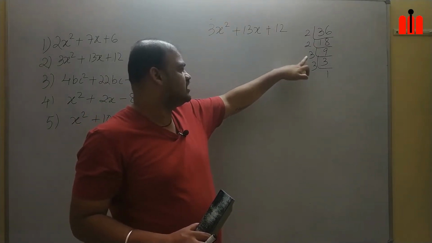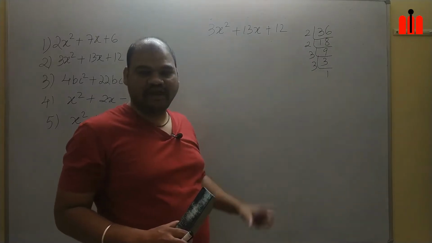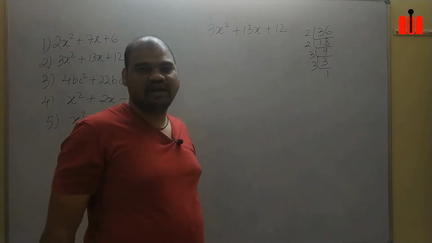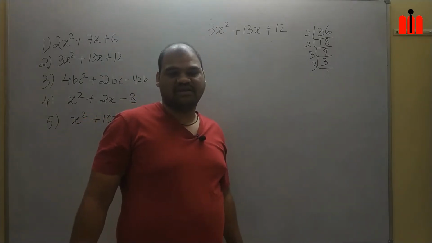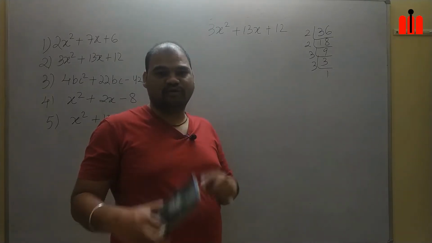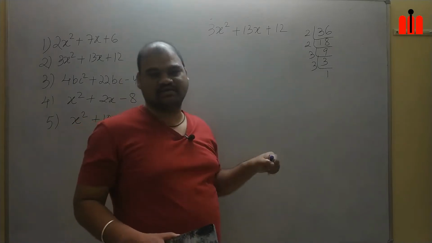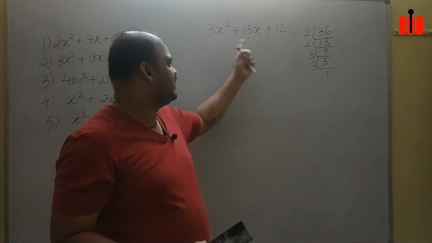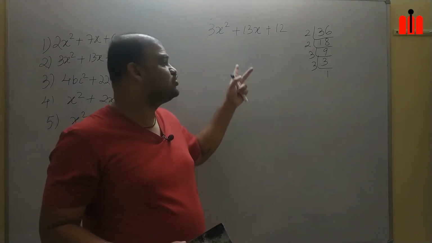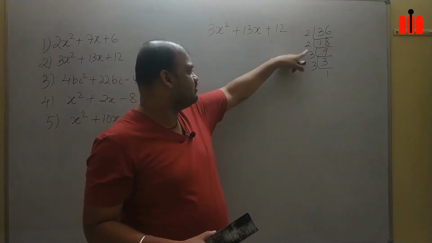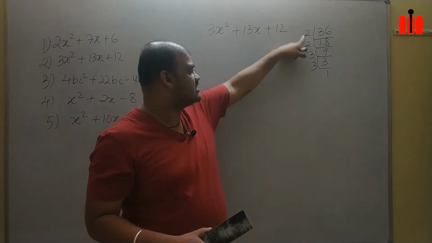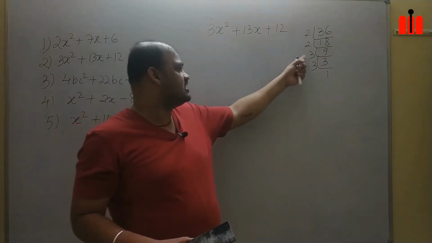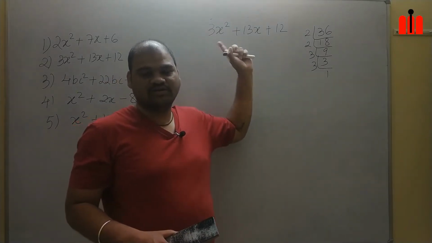So 2 is there. After that 3 3 is 9, 9 2 is 18. 18 and 2 is one option. I won't get 13. Okay, 18 minus 2 I will get as 16. But 18 minus 2 I can't do also, because 18 into minus 2 will be minus 36, not 36. Okay, so you have to be very careful about sign as well. So both should be positive. That means both the numbers should be less than 13. So what is that number? One number is 6 and 6, but it is not 13 over here, right? 6 and 6 gives 12, not 13.